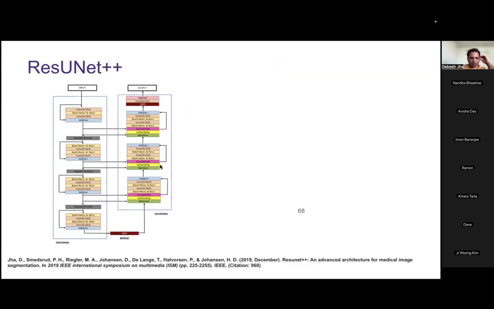Then this is another algorithm I developed. This is also an encoder-decoder network, and it is almost based on the residual block. So the input is passed through the residual block, and then again passed through the squeeze and excitation block, where the extracted feature gets squeezed and the useful information is kept.